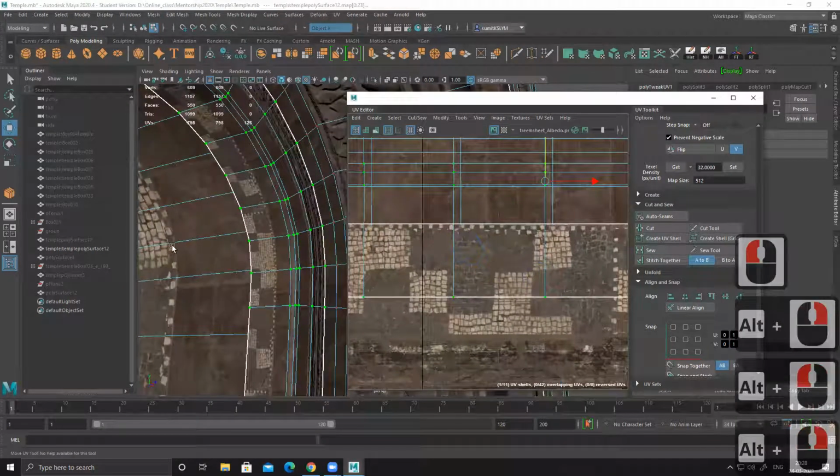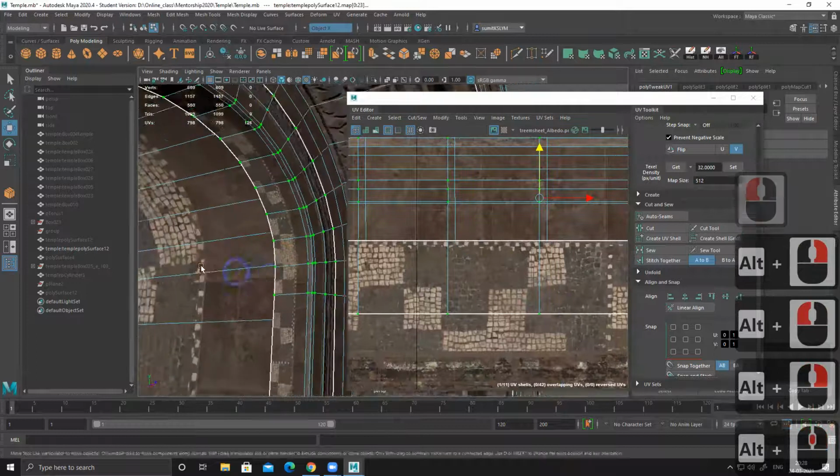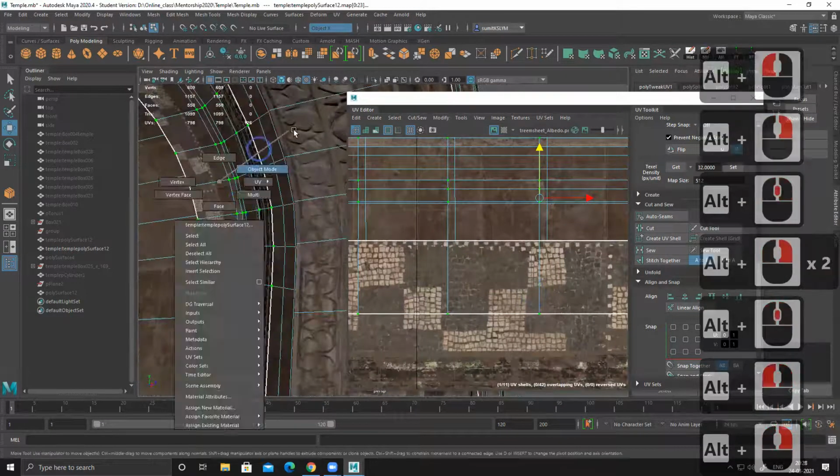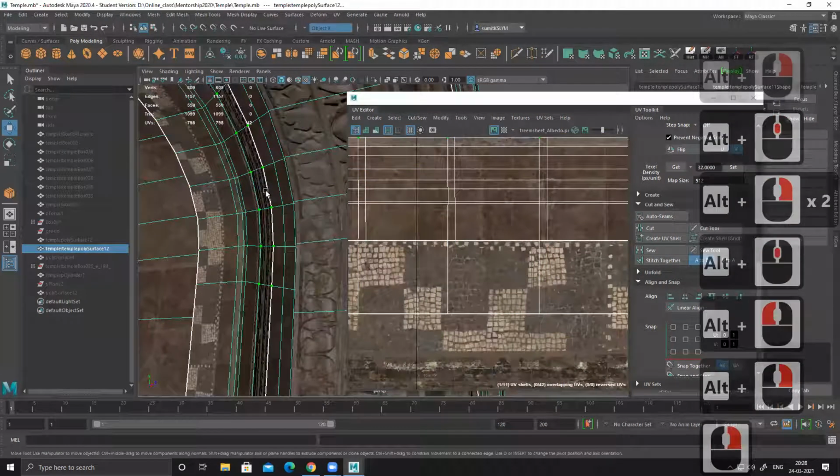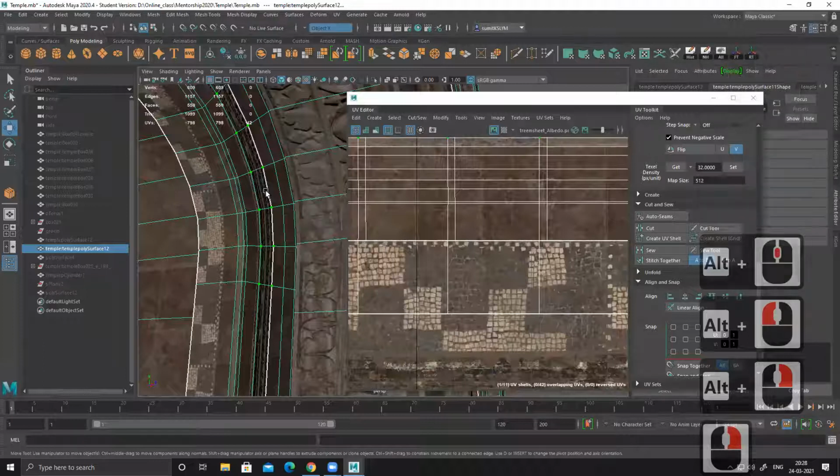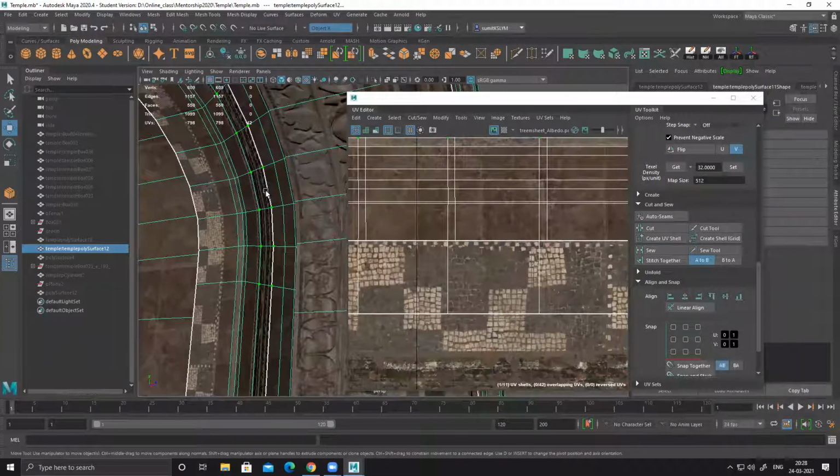Now, again, I have this half. For a trim sheet, my mesh polygon distribution should be almost even.